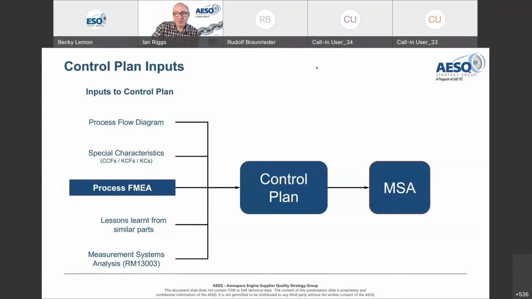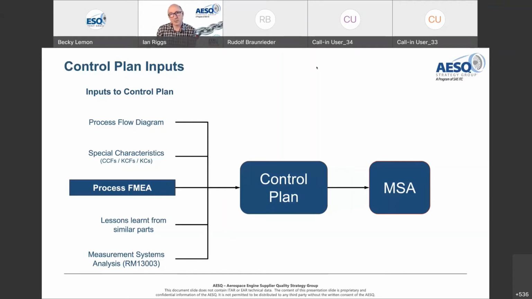And once you have defined your control plan and the checks you need, then you need to verify it using MSA. Now, this is one of the key changes with 13100. In the old days, you might have said, yeah, well, I'm only going to do that for key characteristics or whatever. If you've got something in the control plan that says, this is what I need to do to verify my process parameter or my product, as soon as you've listed that in your control plan, the question is,